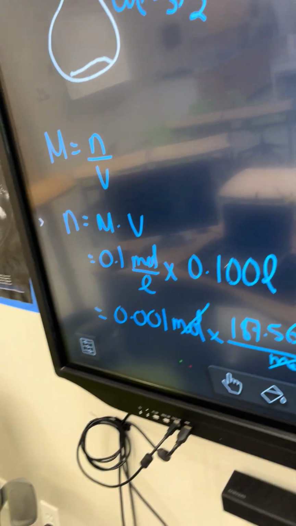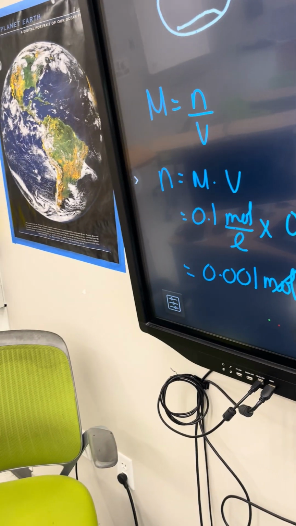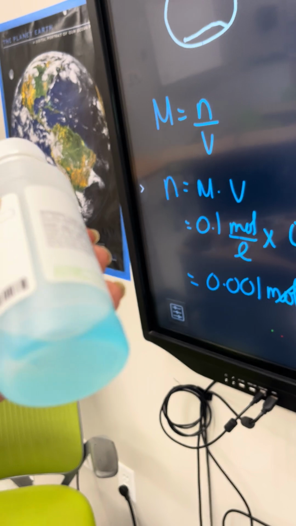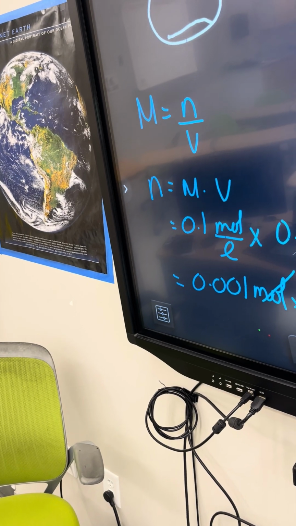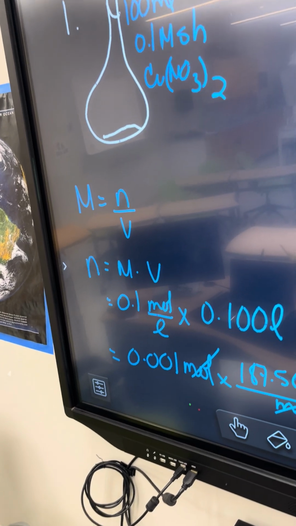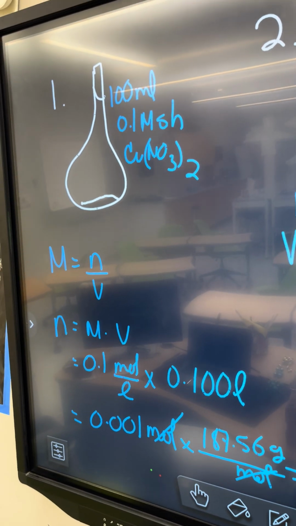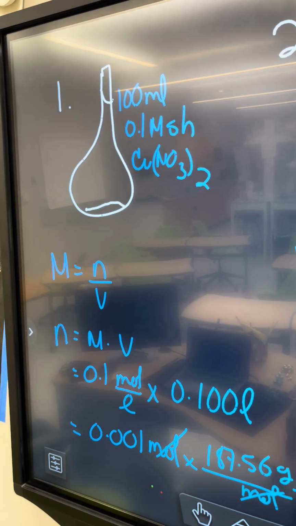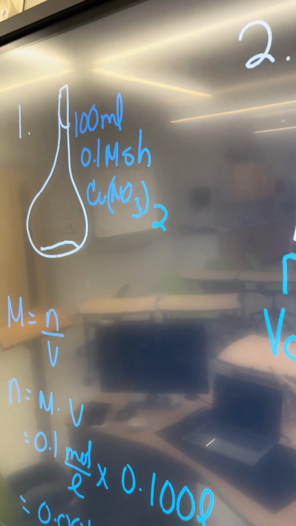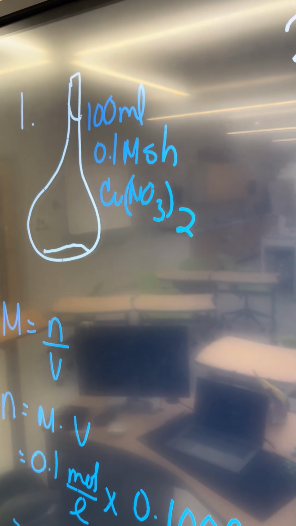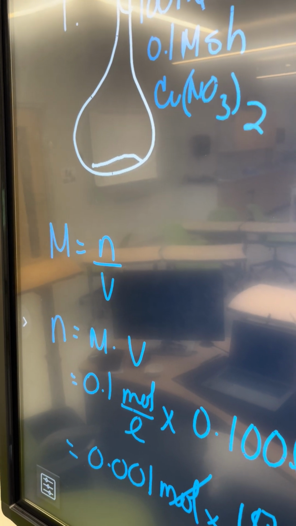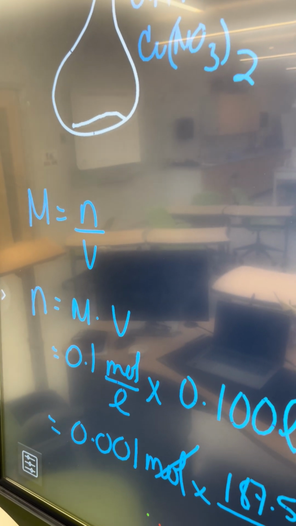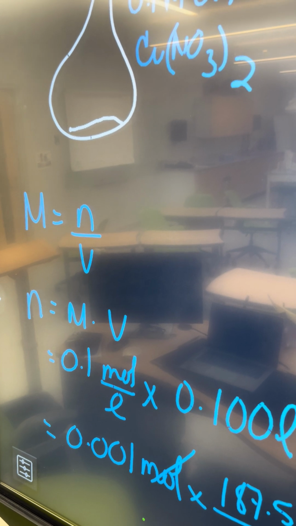How did we do that? The first step, I gave you all a 0.1 molar solution, but we also figured out how to make that 0.1 molar solution if I had asked you to make a stock 0.1 molar solution. So I wanted 100 milliliters of a 0.1 molar solution of copper nitrate. You have your formula. Molarity is number of moles divided by volume. So number of moles of copper nitrate